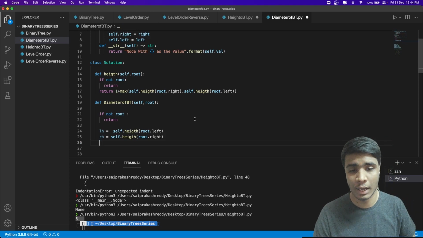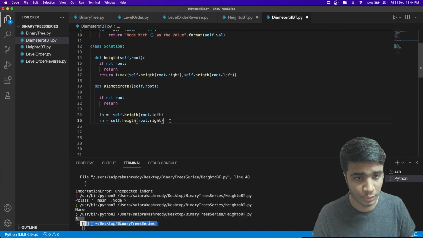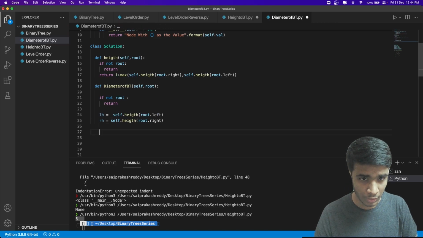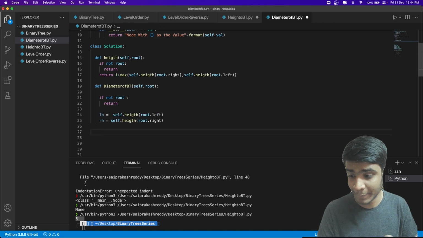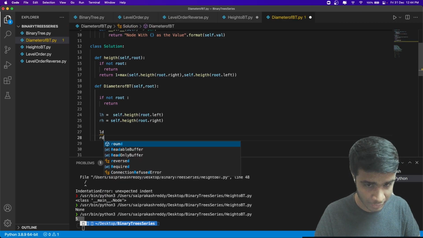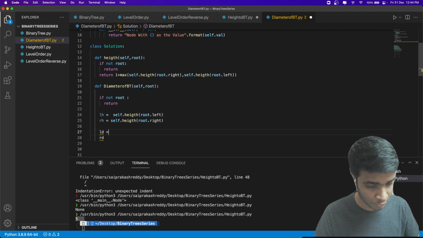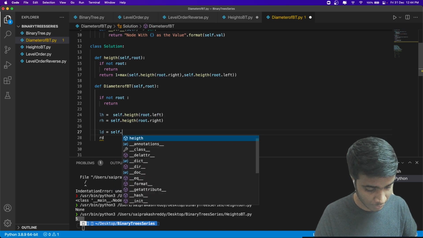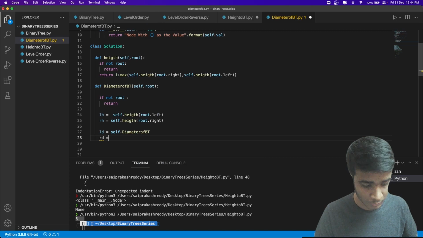So what I will be doing is, again, I will also calculate a diameter on left and right, because we have left diameter and right diameter. This will call diameter on the left tree, and this would call diameter on the right tree.